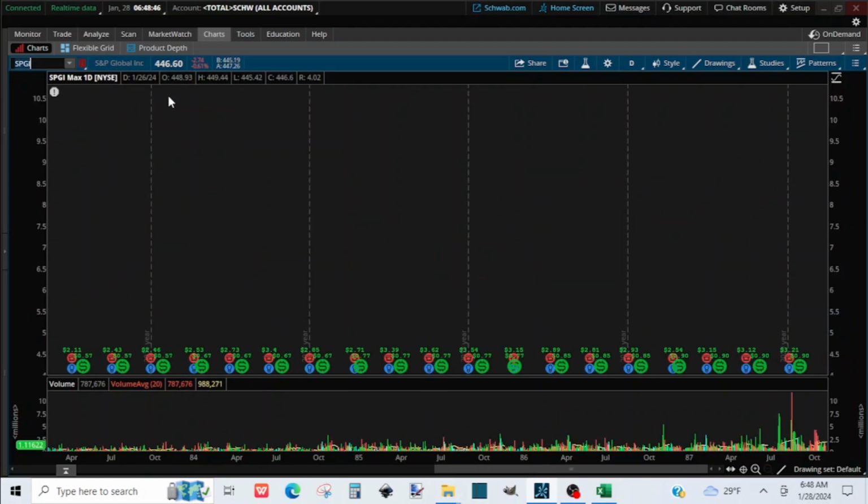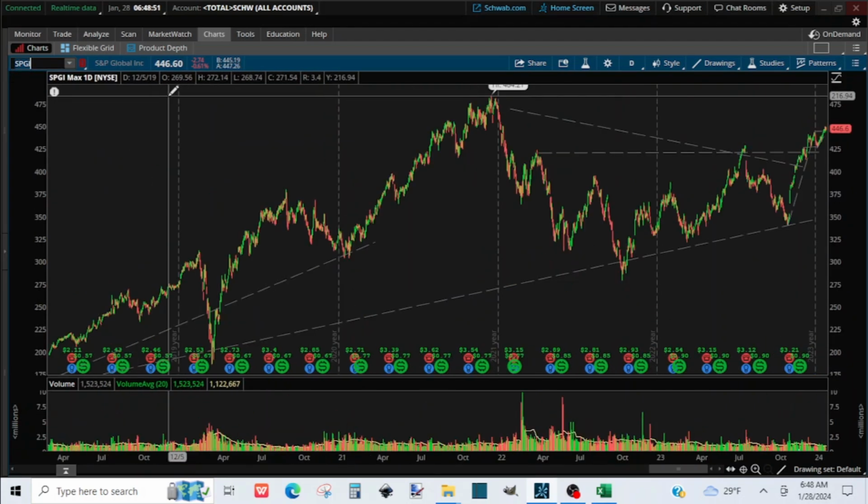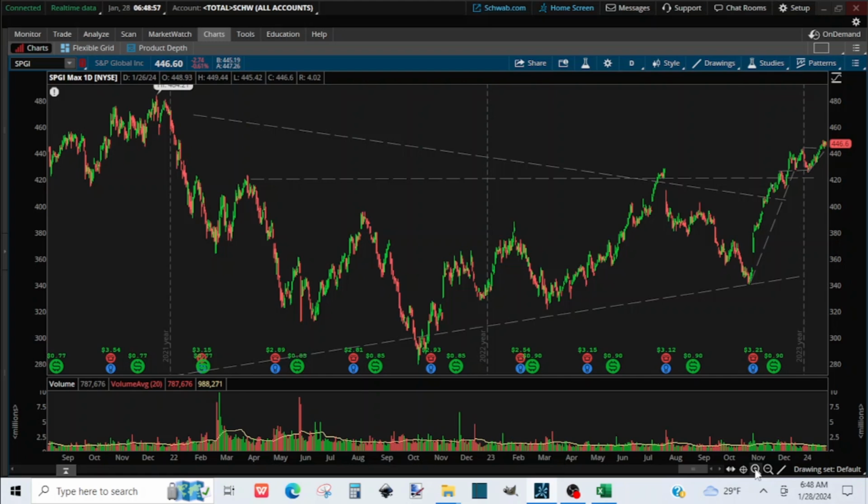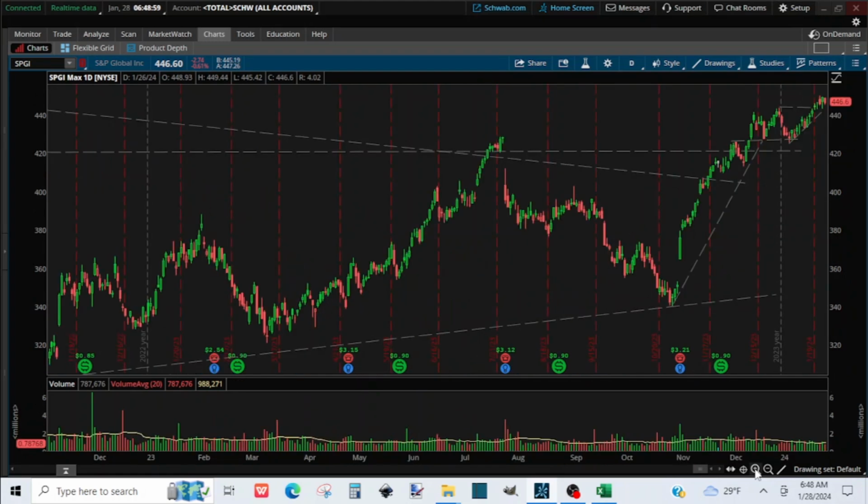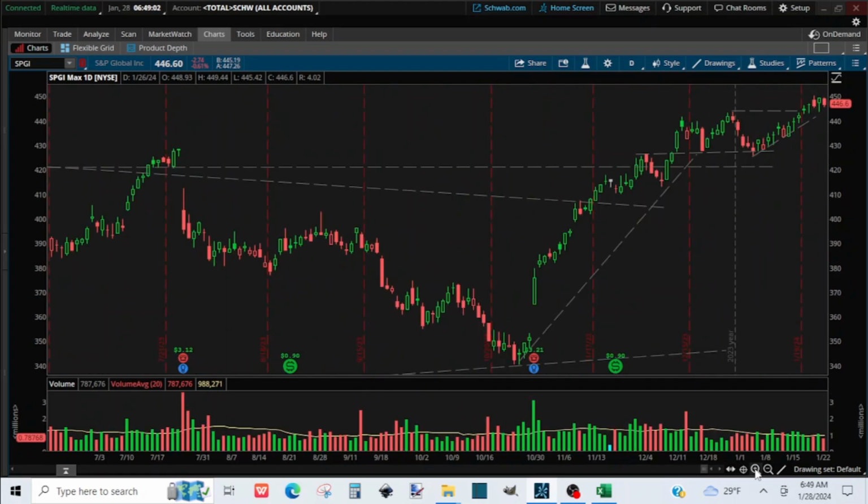And that is just my way of analyzing the chart. Everybody might have their own way, and I'm learning, so I'm not saying that I'm a master in it or anything like that. So